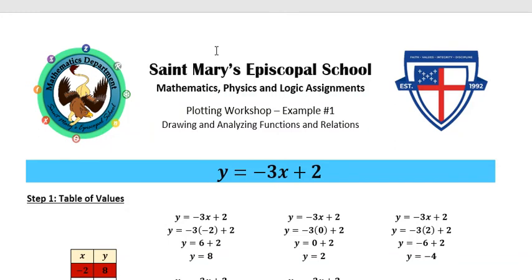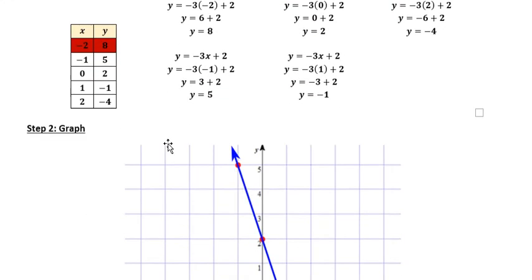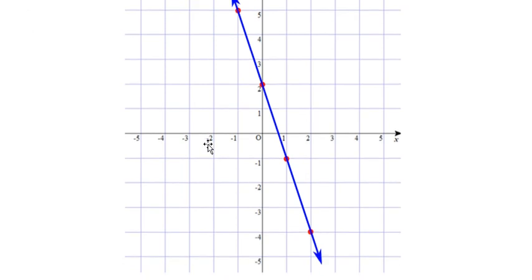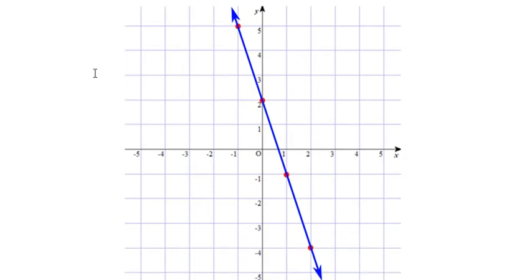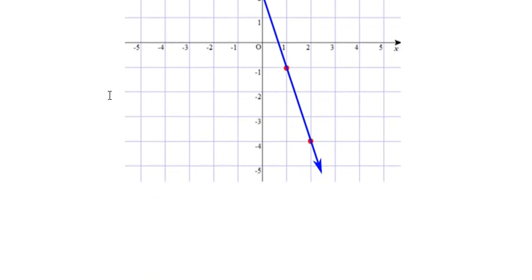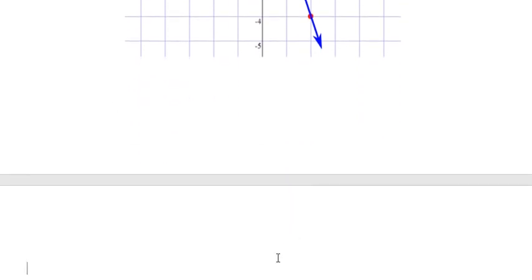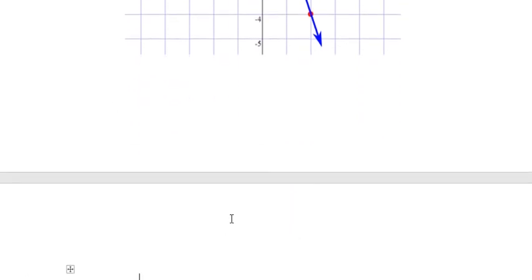Okay, we already did step 1, the table of values, and step 2, finding the graph. So now that we did this, we're going to go with step number 3, basically figuring out how to find intercepts. Okay, so we're going to put here step 3,